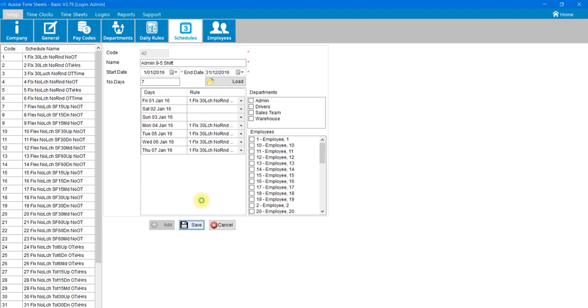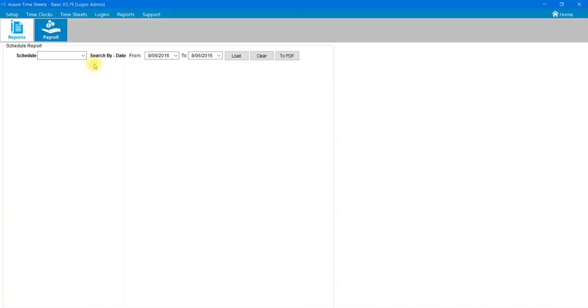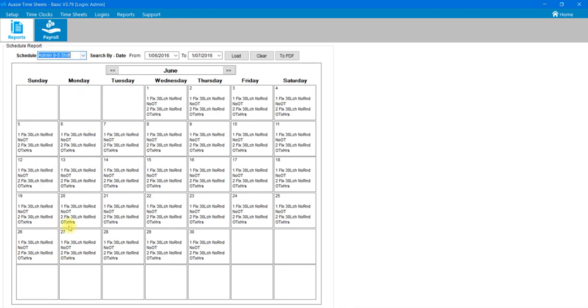Once that schedule's saved and rolled out for the whole year, we can then go to our employees and assign that schedule to them. If we want to know, due to the sequence that we've created, what that schedule is going to look like mid-March, we can run our schedule report under Reports and then see how that shift looks during a calendar month. If we go Reports, Schedule Report and select our schedule, we created the admin 9 to 5 shift,